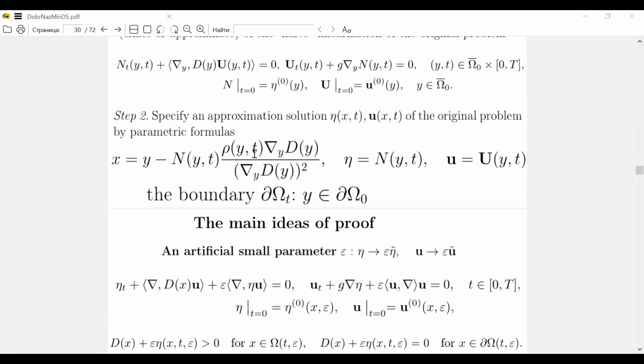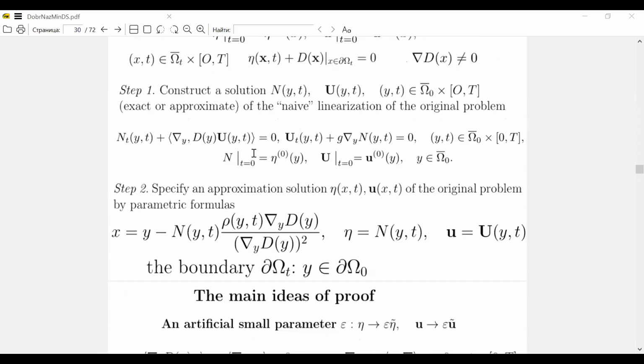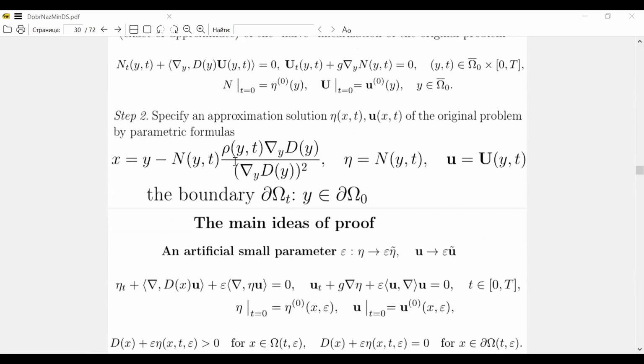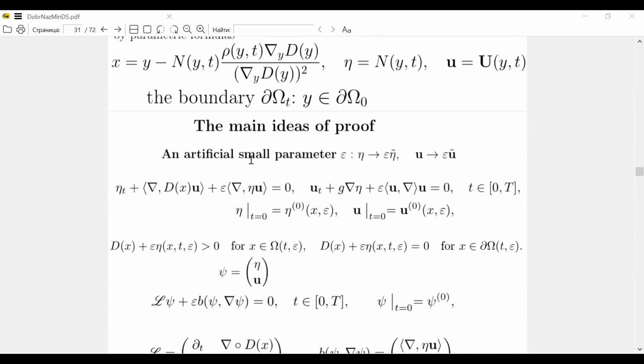You see, first you linearize this equation, and second, after linearization, you construct some solution, and then you can reconstruct the nonlinear solution of the nonlinear equation from the linear one using this formula. It is not exact, yes, but nevertheless, it's an approximate solution of the nonlinear equation. So what is the